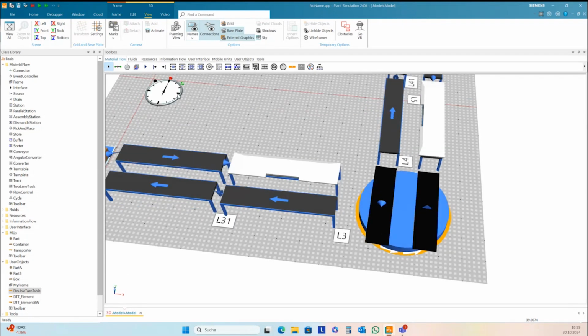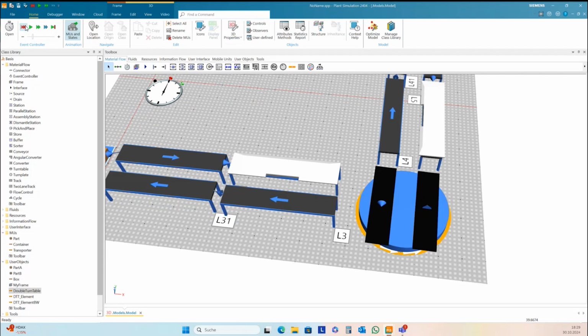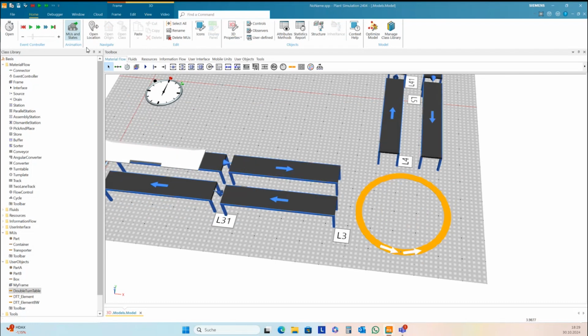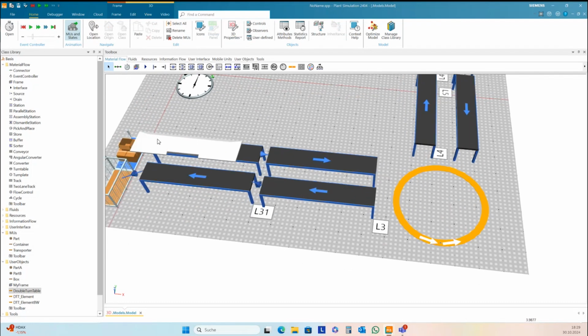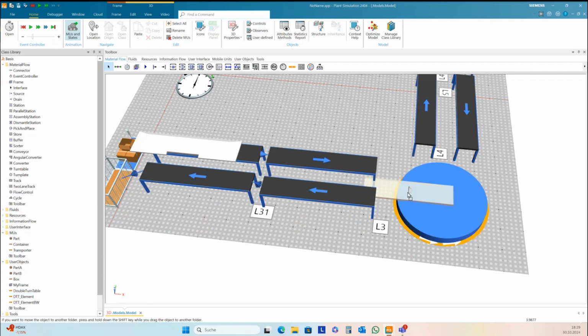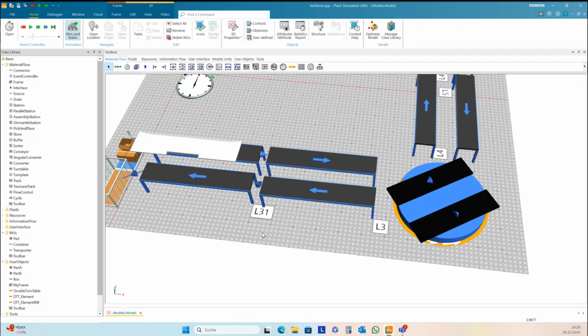So these are the building blocks of my double turntable. I have a turntable. I have one turntable element and another turntable element. And it turns.